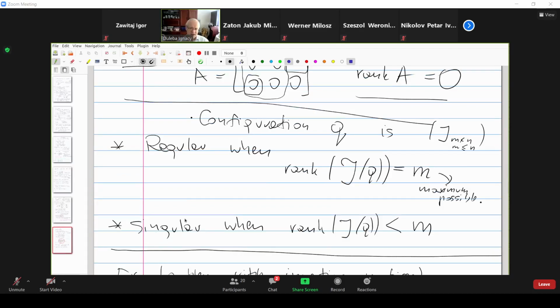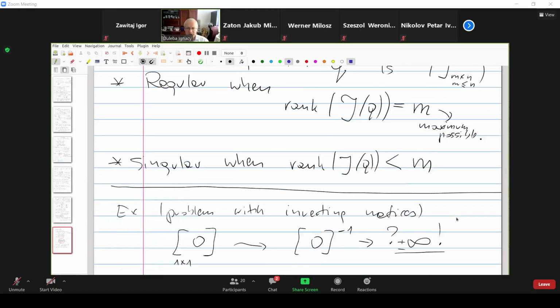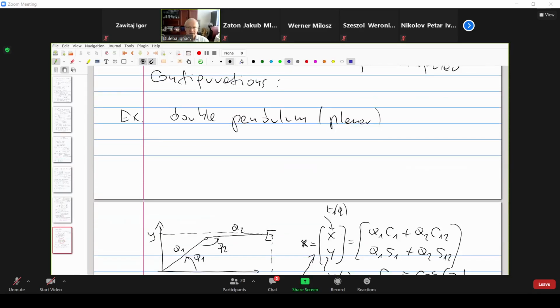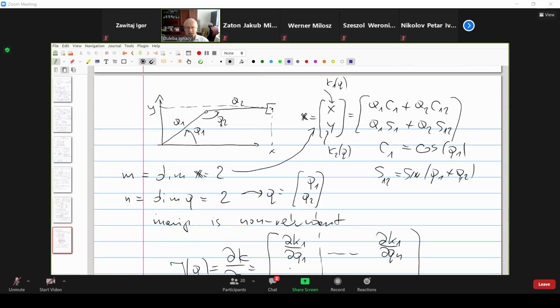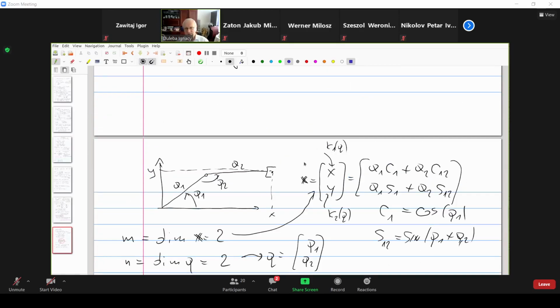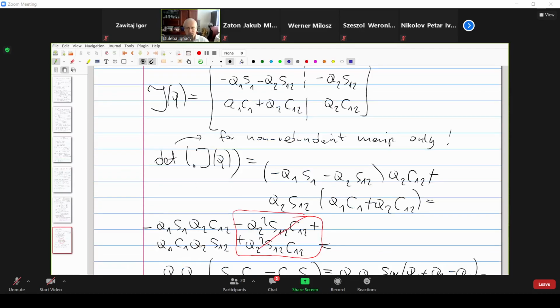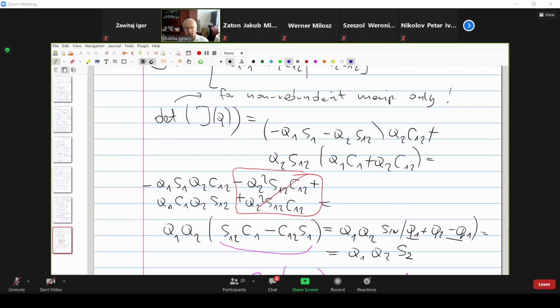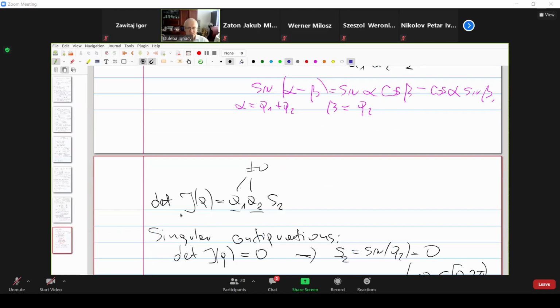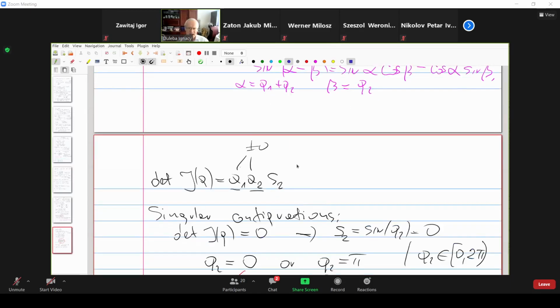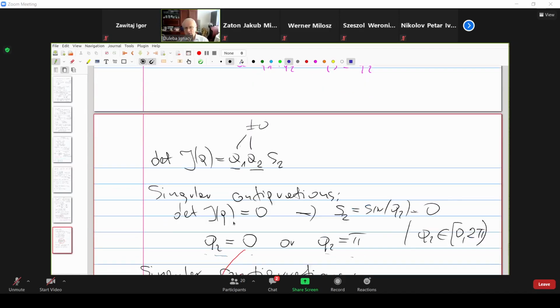And of course, a configuration Q is singular when the rank of the matrix drops below its maximum value. And I've calculated a single example, the well-known double pendulum. I've calculated the Jacobi matrix, calculated the determinant of this matrix, and if I compare the determinant of this matrix to 0 and calculate all configurations which satisfy the equation, I've obtained